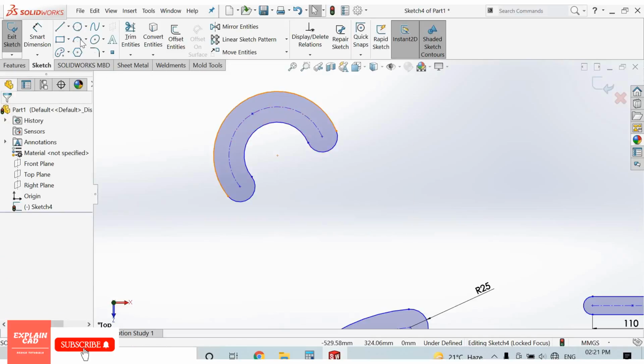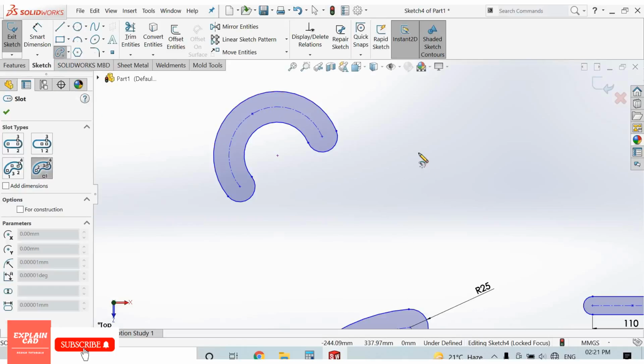Its center point arc slot. Center point. Now try arc. And